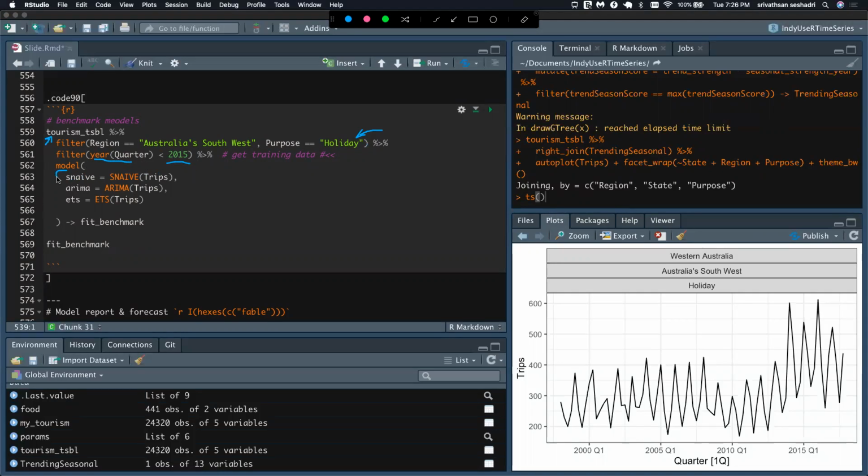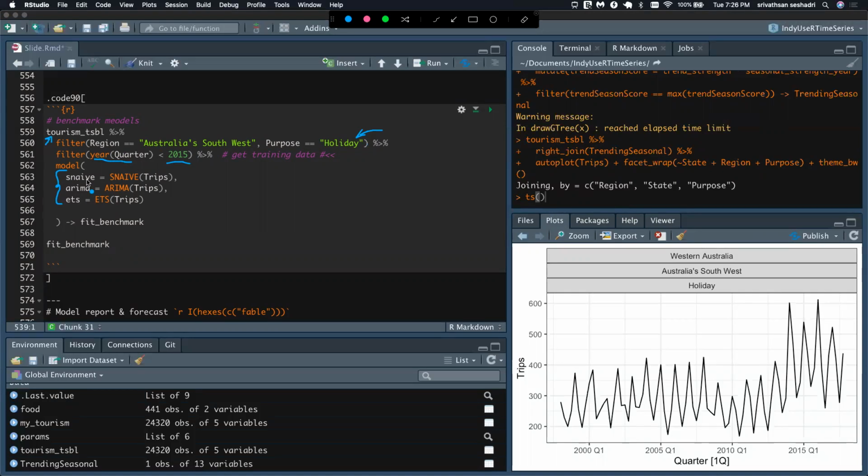Now I'm fitting 3 models at the same time. If you were using the forecast package or the base or stats package, you would only be able to fit 1 model at a time, right? Here, you will be able to fit several models at the same time.